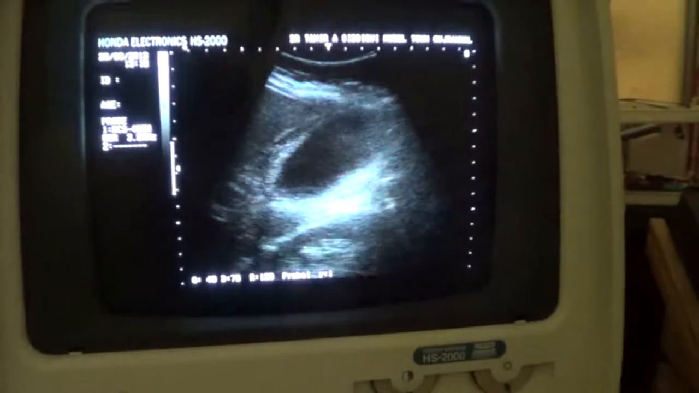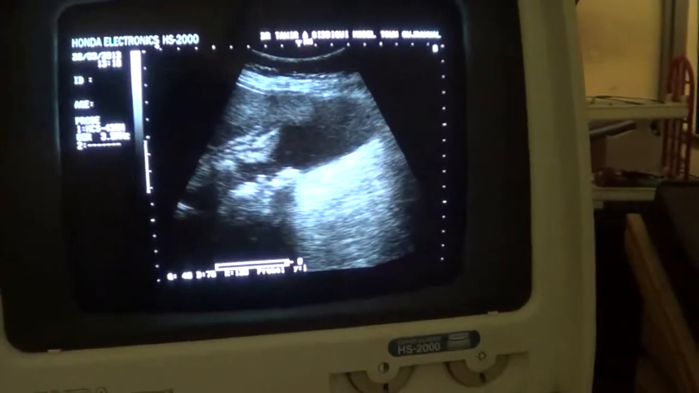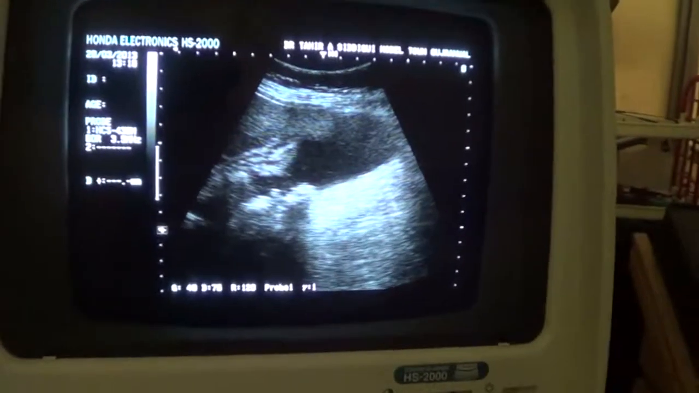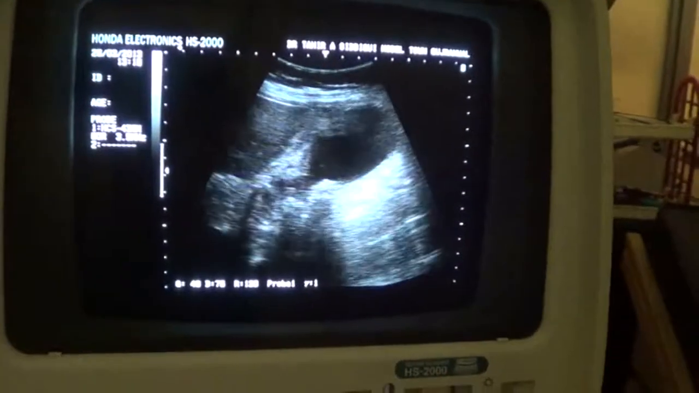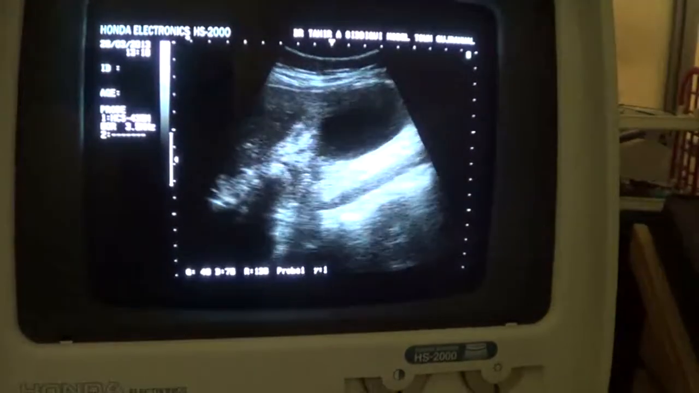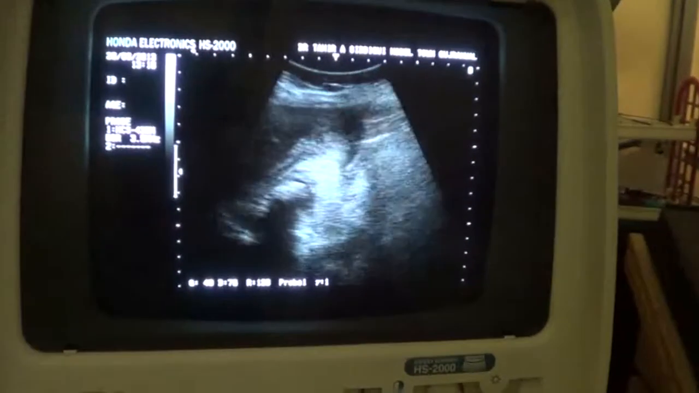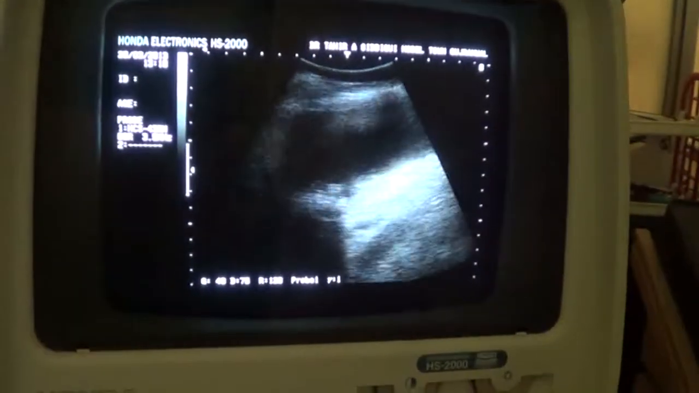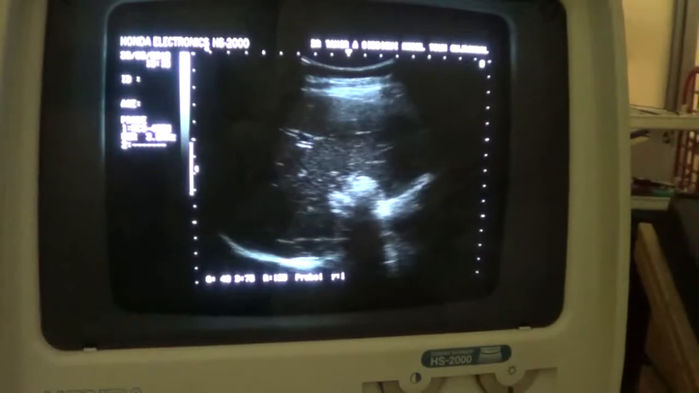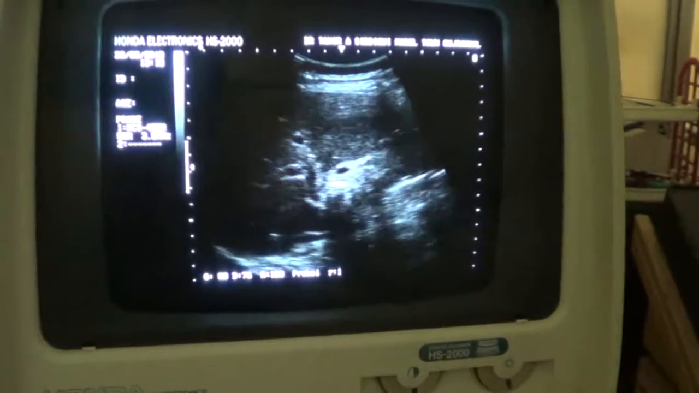This is the longitudinal section, and you can see there are multiple calculi within the lumen of the gallbladder. These are the calculi within the lumen of the gallbladder. This is not the bowel, and this is the IVC, and there is no evidence of intrahepatic bile duct ectasia,